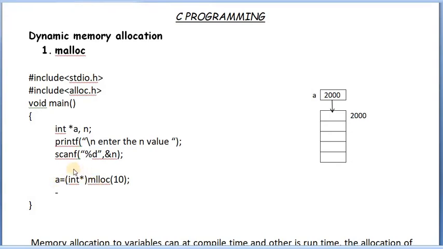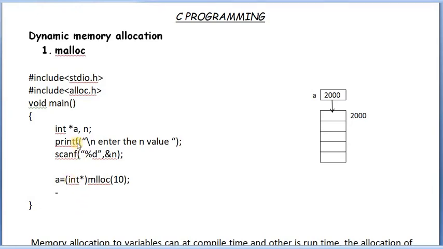But here the casting is needed. Why? Because the type of A here is integer pointer, but the memory created by malloc is void memory, or unknown type memory. This unknown type memory address we can't store in an integer pointer. An integer pointer stores only an integer address. So we have to cast here. We have to convert that address.